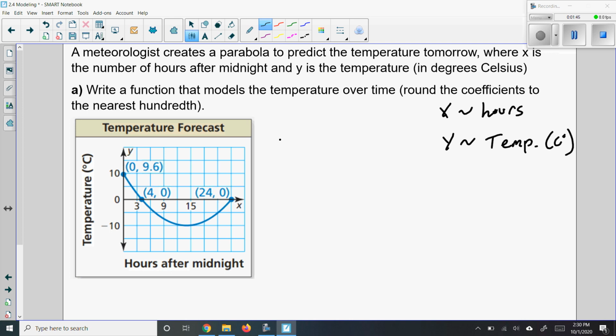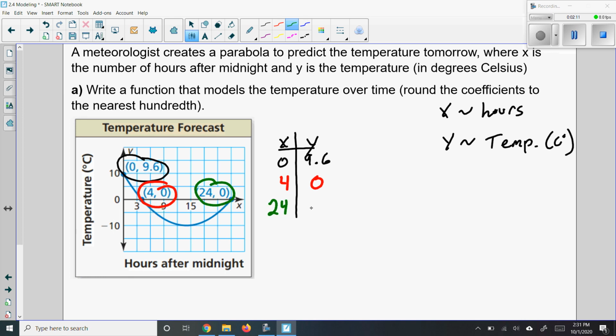These points that they give to you are x and y values. So this point right here has an x of 0 and a y of 9.6. This point right here has an x of 4 and a y of 0. And this point right here has an x of 24 and a y of 0. So let's put this into Desmos and come up with the regression function that models the temperature as a function